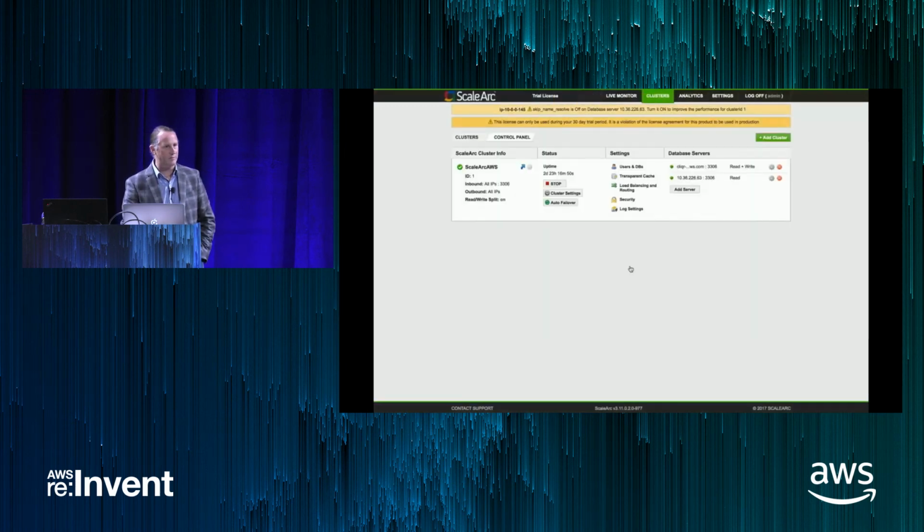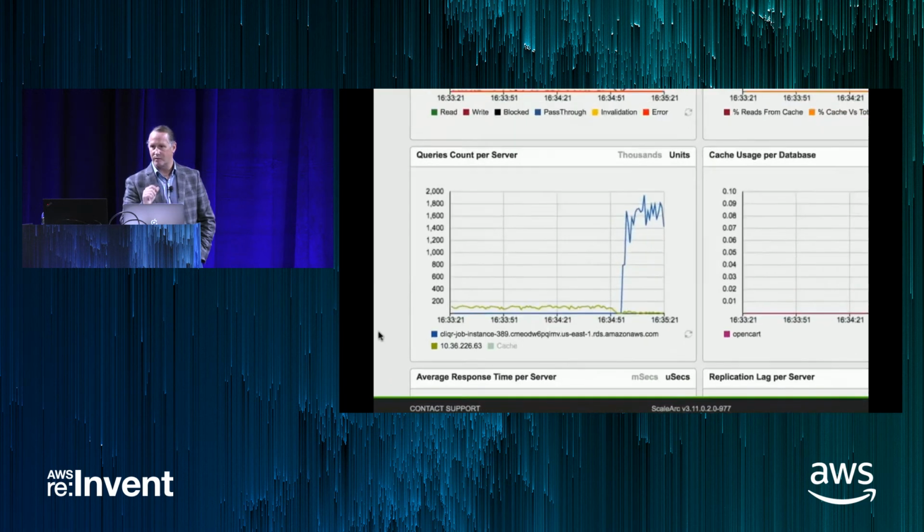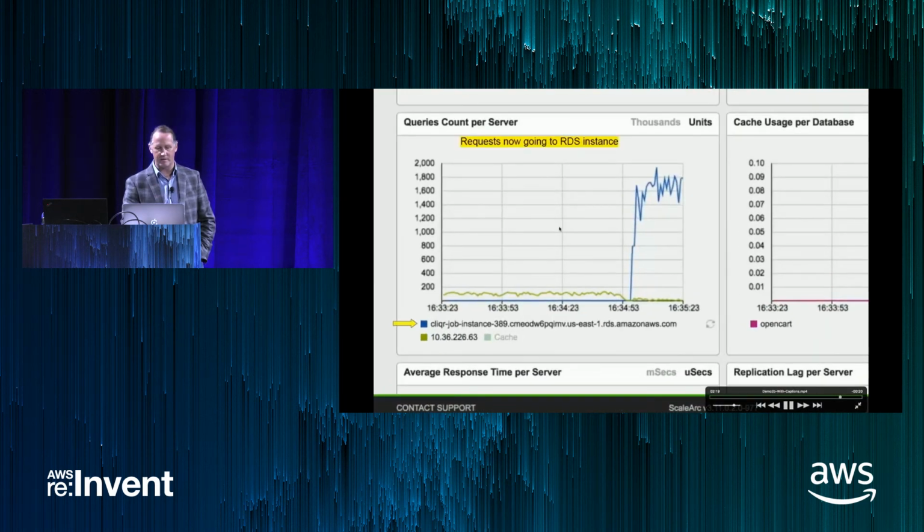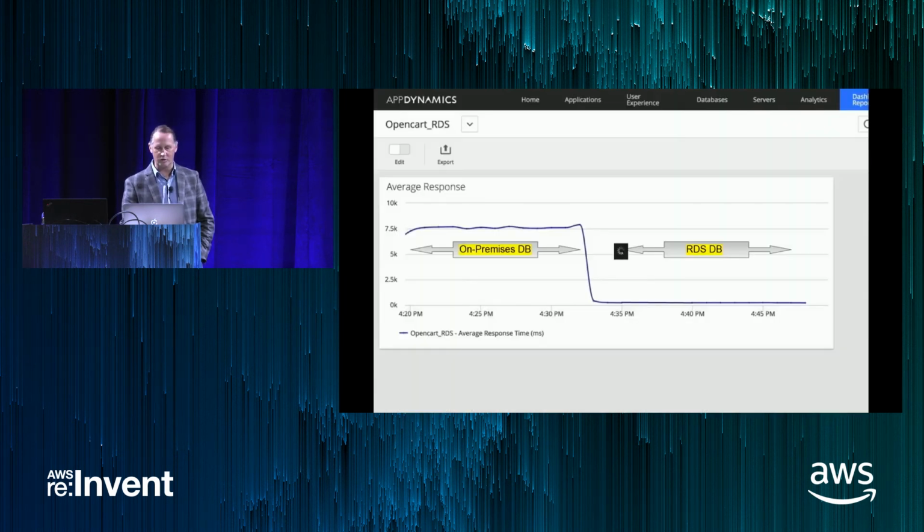So this is the same thing. This can be done with APIs, but we're going in and actually setting up where the public RDS copy is now a read-write instance. So now everything is happening via the RDS. Our test platform now shows queries hitting the blue rather than the other. We go into AppDynamics, and our end-user experience is measurable. We actually see the on-premise database had high latency. Actually running RDS out in the cloud runs much better.